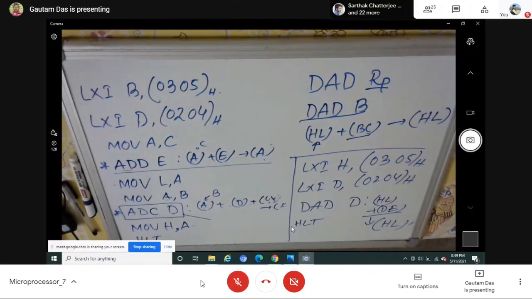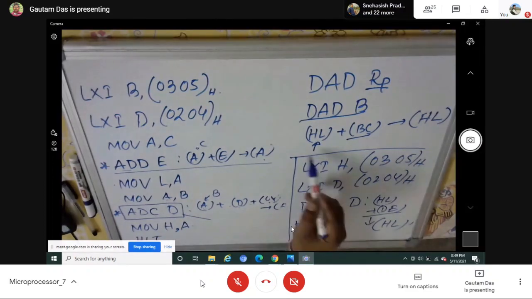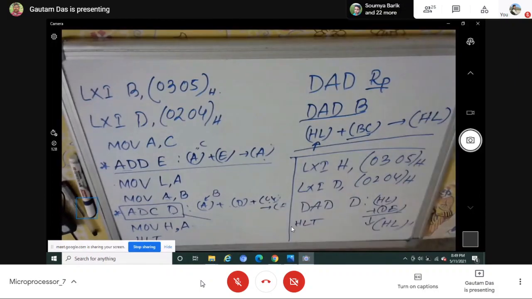No, not accumulator. You can think it is working just like an accumulator, but it is not an accumulator. It is actually done in the accumulator. This addition operation, you may think that like in INR B I told you, B plus 1. Is it done in B? No. Internally it is done at A, just like that.